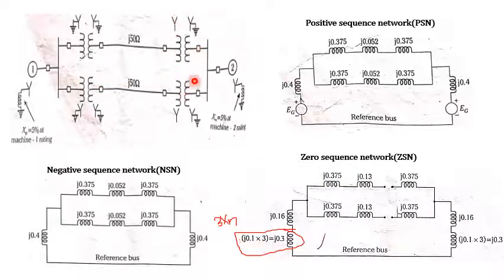And looking at these transformers, the primary star is not grounded. Not grounded means we are not supposed to close the series switch, it stays open. It stays open for both the transformers, upper and lower. Then the generator G2 is grounded through a neutral reactance, so we have to consider 3 times the ground reactance of 0.1, so you get 0.3. So this is what the zero sequence network is. Okay, this is how we are going to solve the numericals.